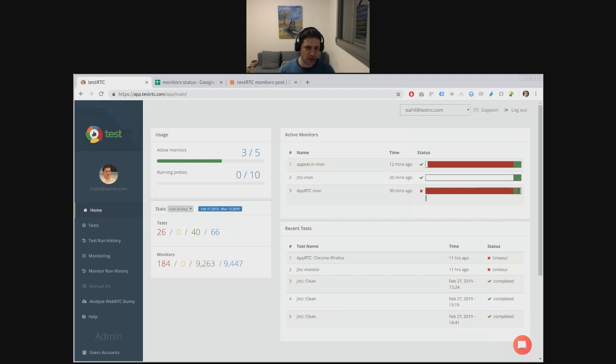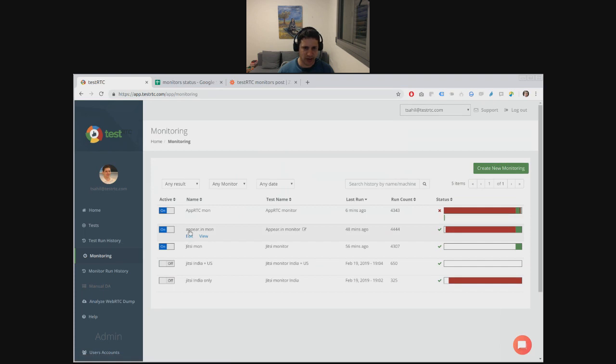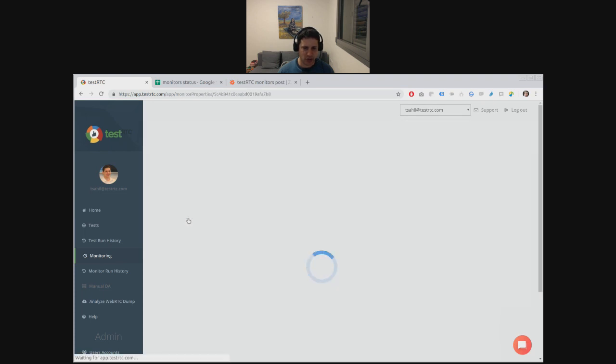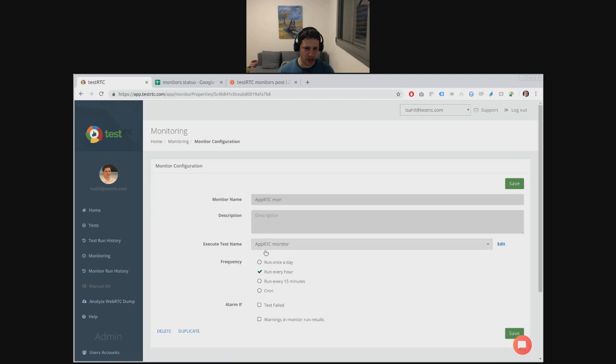So the first thing that I want to do is to show you the monitors that I made and how they are configured. So let's go to the monitoring system. Let's say, pick the upRTC monitor. Each monitor here now runs every hour. We switched it to once an hour from once every 15 minutes. It was on 15 minutes for the last month. You'll see the results that were collected. And I didn't put any alarm on it. I didn't want to get emails when things failed because I just wanted to collect the data